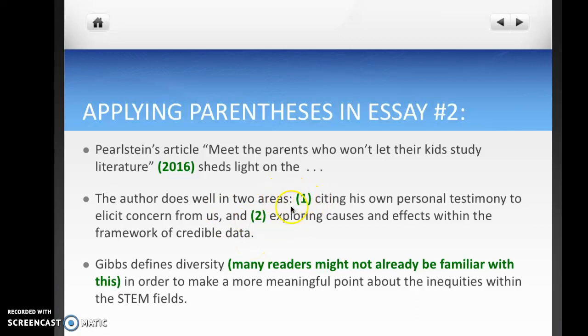Just make sure you use a colon, because this is an explanatory statement and you're leading into the two talking points. Gibbs defines diversity. Many readers might not already be familiar with this in order to make a more meaningful point about the inequities within the STEM fields. Now, I use parentheses here because I didn't think this was as important as the rest